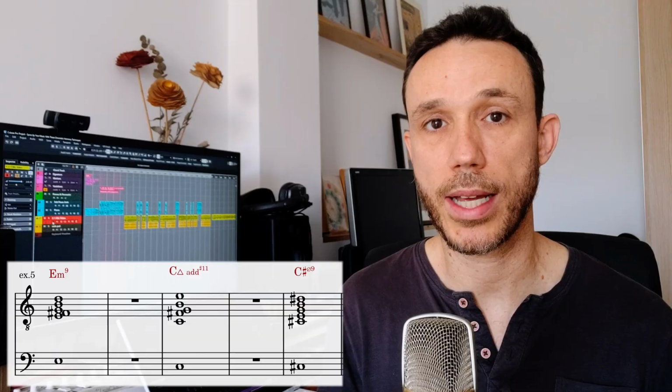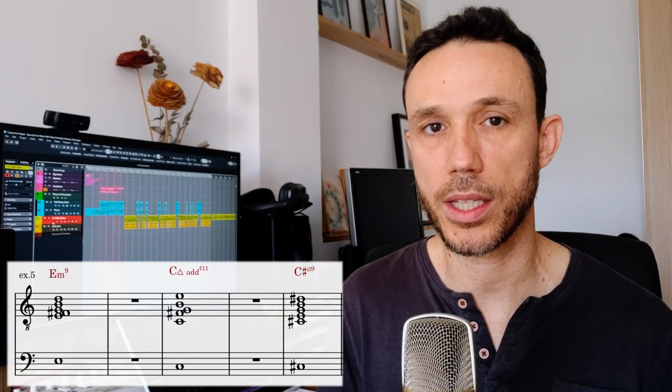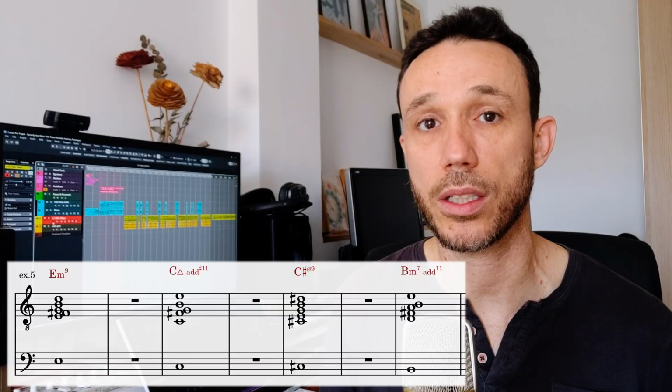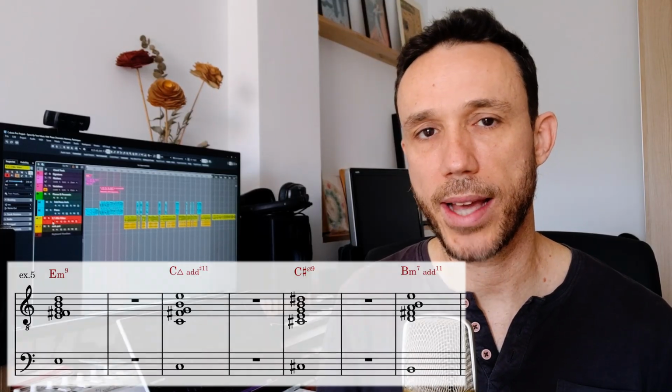So the first chord I chose was the E minor 9, which you can also look at as being the 6th degree of the G major key. The second one was the C major 9, the 4th degree of the same key. The next 2 other chords I picked were the C sharp half diminished with the natural 9, the 6th degree of E minor melodic, and B minor 7 add 11, also the 6th degree but from the key of D major. Here's what I had so far.